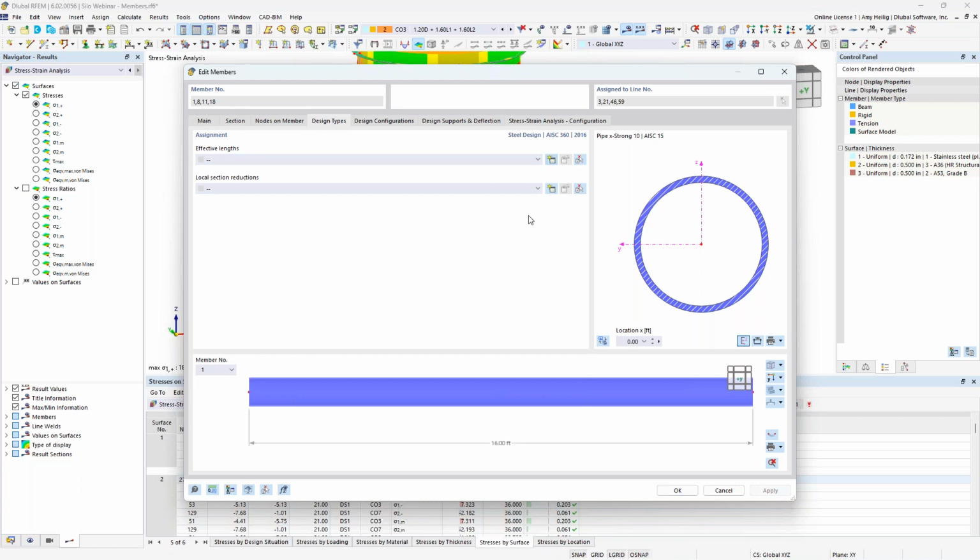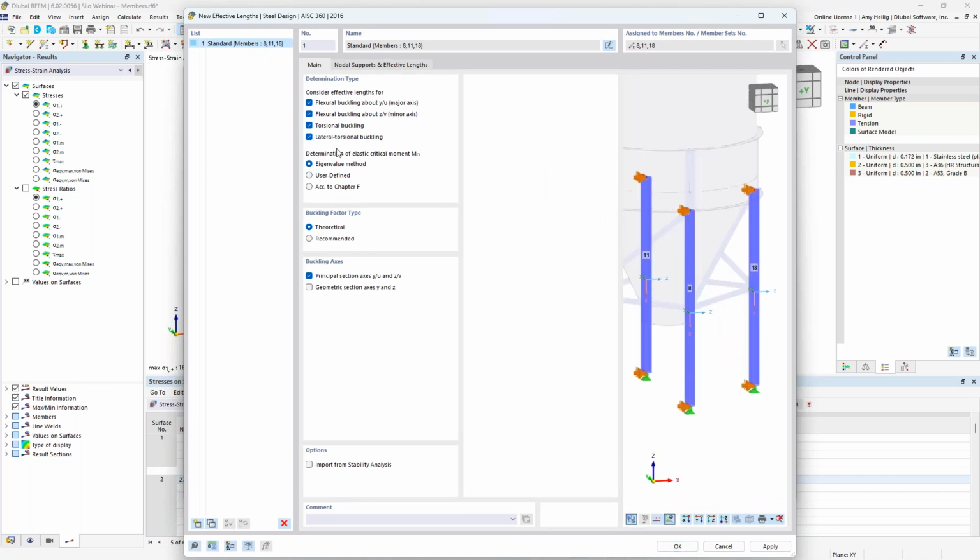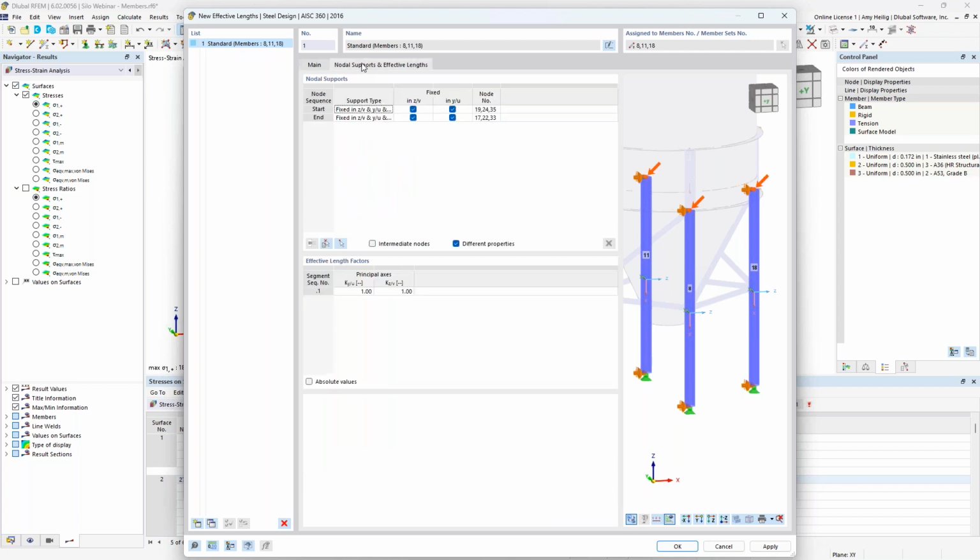I create a new definition type here. Now for these circular pipe members, I'm not so interested in torsional buckling failure modes, lateral torsional buckling. Rather, I'd rather like to just check flexural buckling in the strong and weak axis direction. And under this second tab, the program has automatically placed in these intermediate supports internally to help calculate the unbraced